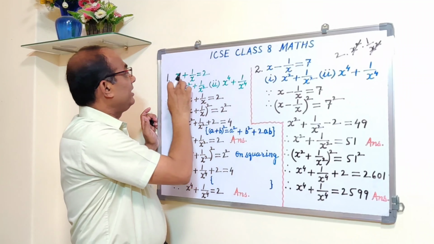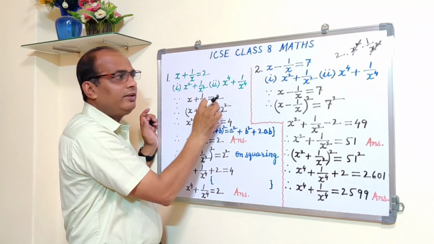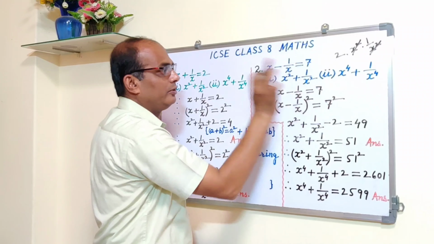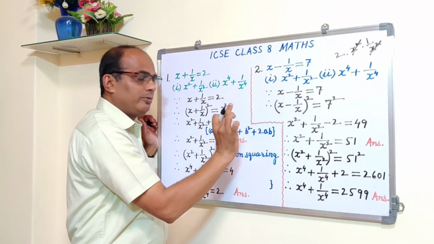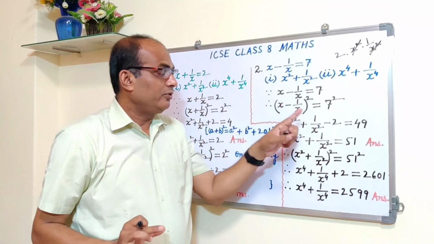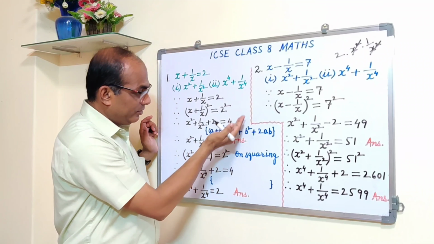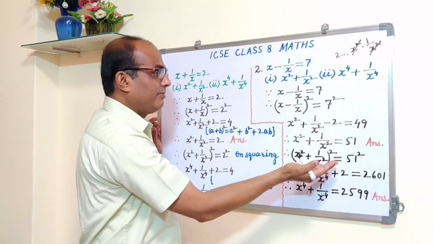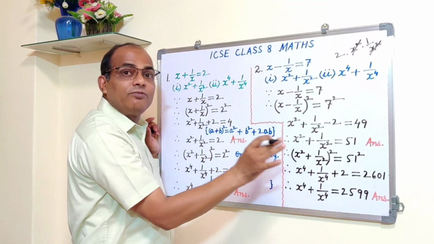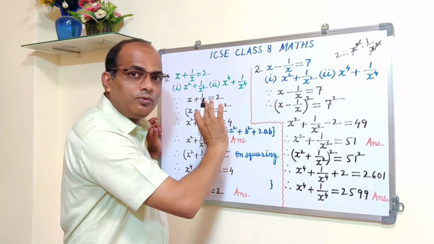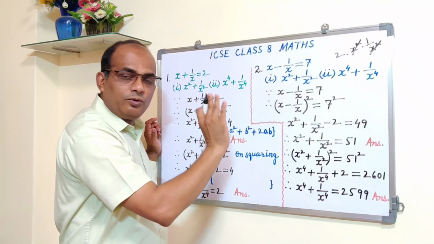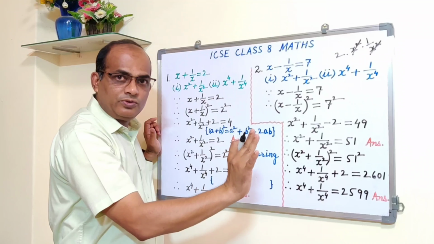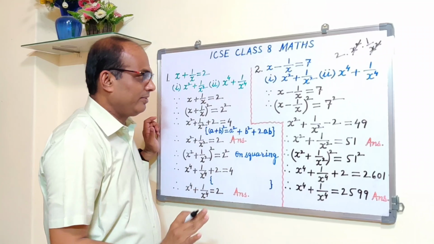Like here we started with x plus 1 upon x is equal to 2 given. So here it is given x minus 1 upon x is equal to 7. We square on both the sides. On squaring both the sides. Now see, here I have written all these steps. Here I am writing 1 or 2 steps, I am not writing. But when you solve, you please give all these steps. All formulas used, all the reasons and everything you please give.